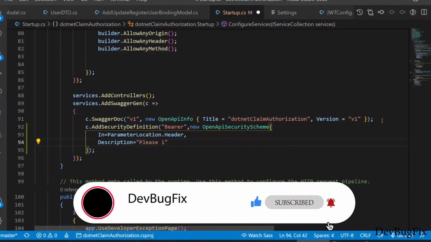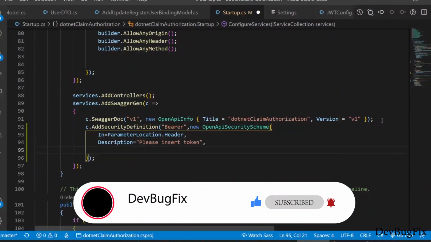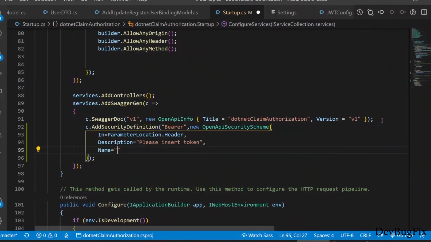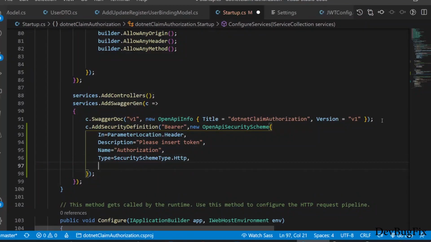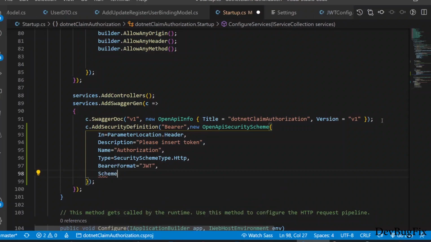Description, you can add any description. Please enter token. And third, name, Authorization, and type. Security scheme type is Http, and bearer format is JWT, and scheme is bearer.